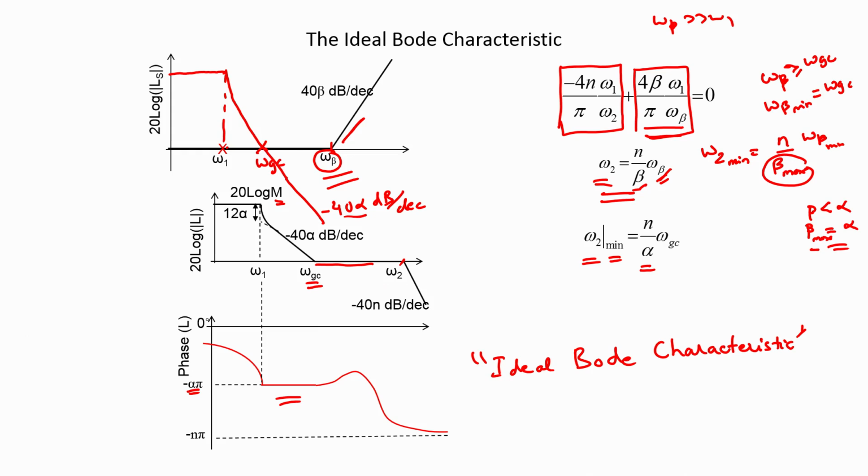So, the stability once again is specified by the maximum permissible phase lag, which is minus alpha pi, and to maintain this phase lag at minus alpha pi between the frequencies omega 1 and omega gc, we need to include this positive characteristic as well, and the two together result in this flat response between omega gc and omega 2, and omega 2, which is given by this particular expression here, specifies the minimum frequency up to which we have to maintain the loop shape